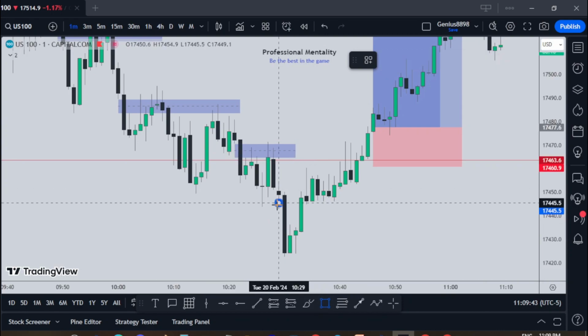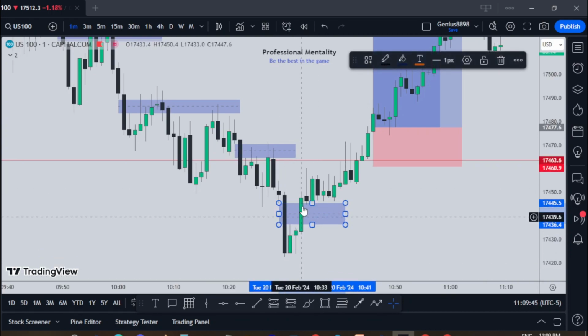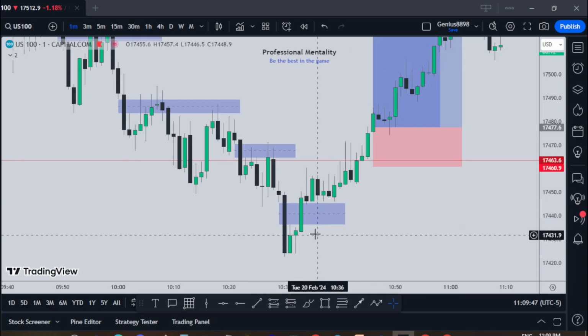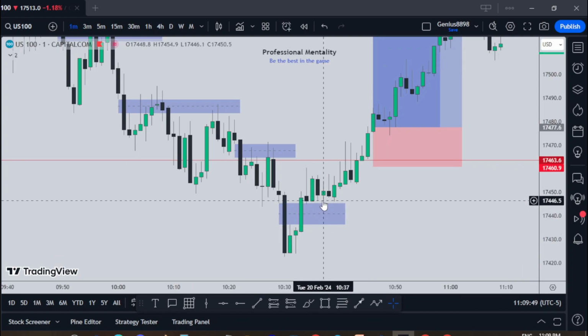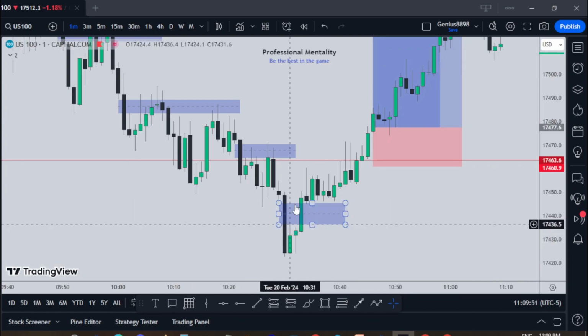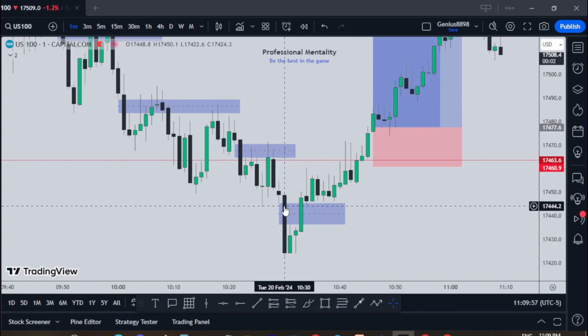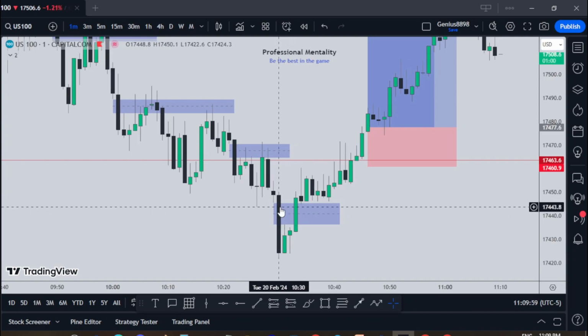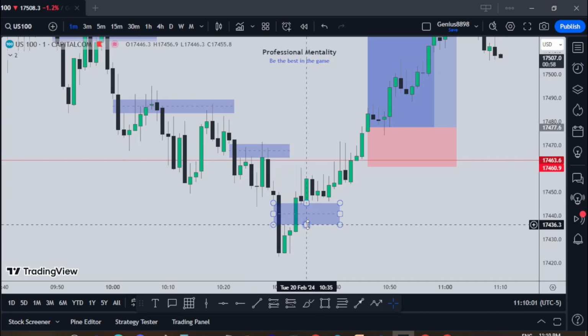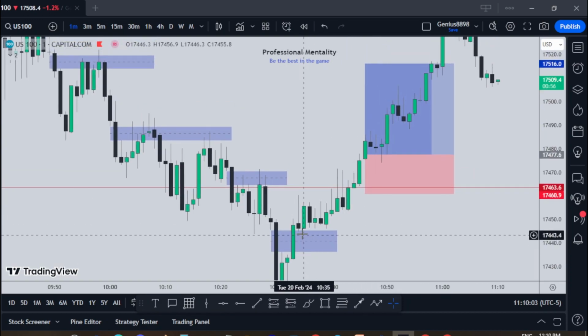So right here we have a fair value gap that turned into an inverted fair value gap, but I cannot take the trade here. Why? We don't have a market structure shift, right? I cannot buy that, even though we have a fair value gap that turned into an inverted fair value gap. So I wait for price to go to one previous